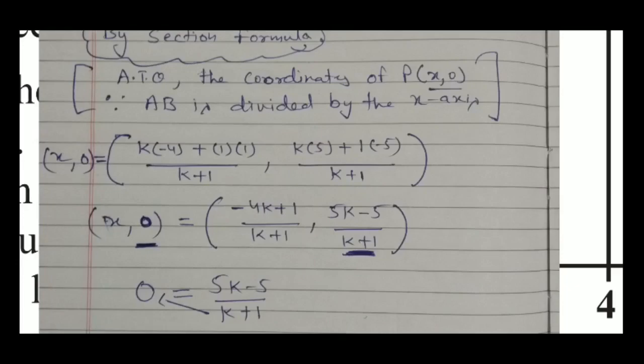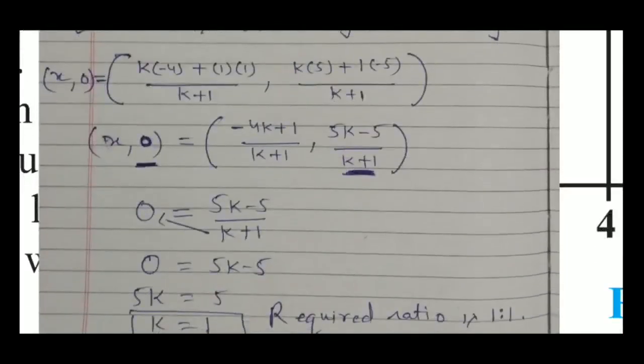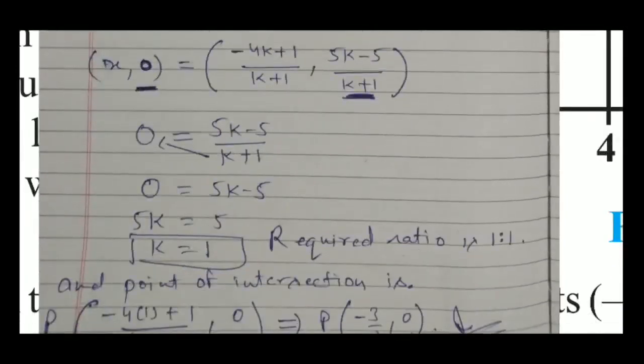Now, after getting these points, what will you do in the next step? You will set (5k - 5) upon (k + 1) equal to 0, because this value is given. This is a very important step. Then we are able to find the value of k. When you compare (5k - 5) upon (k + 1) to 0, after simplification the value of k